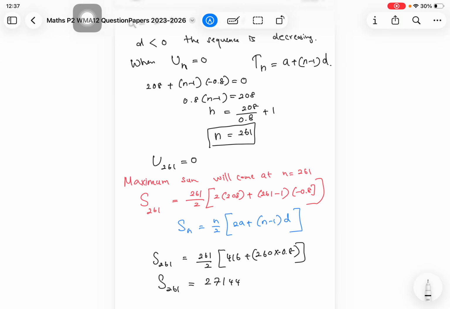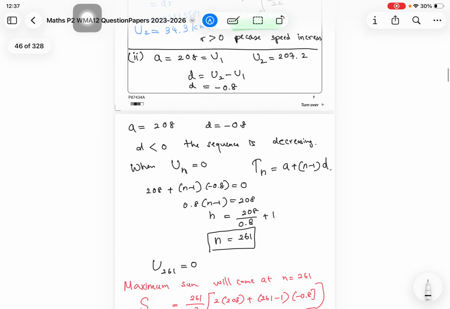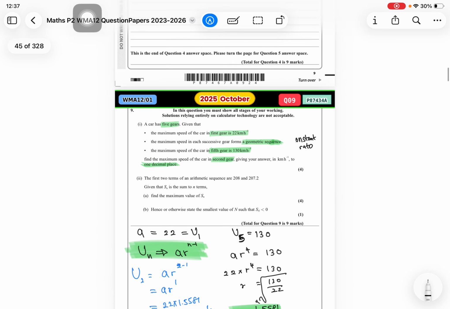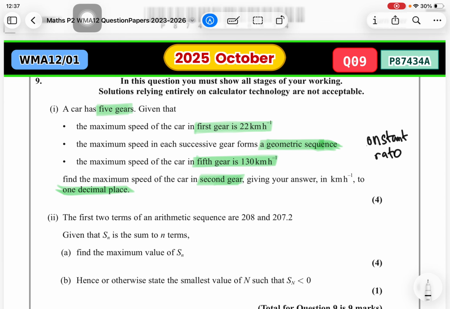Okay, so this is our sum, because after 261 our sum will decrease because the next term will be a negative value. So to find the maximum value of Sn, it is going to be that one, which we can easily write as 27144.8. Okay. Now hence or otherwise state the smallest value of capital N such that Sn